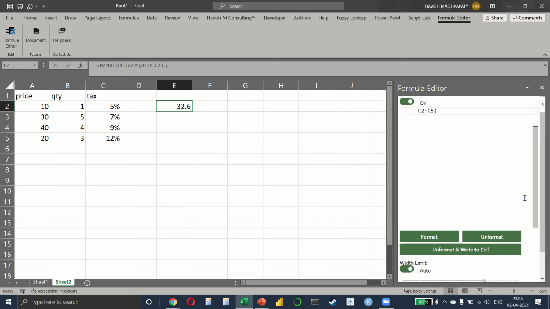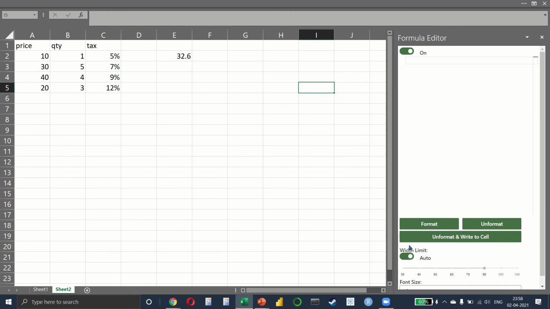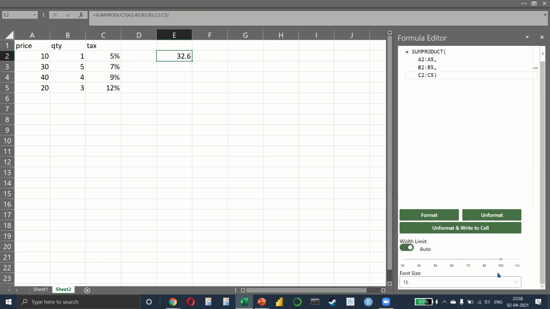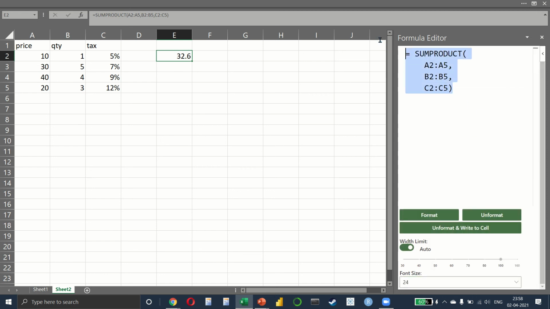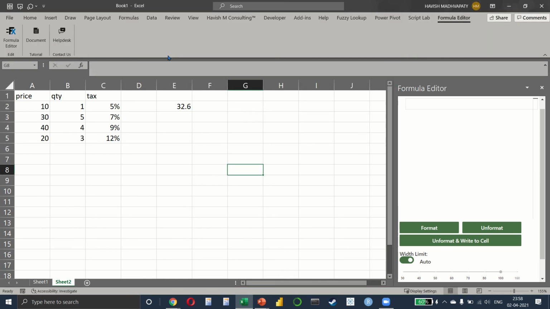There are other options such as, let me try to decrease the size of this window so I can change the width, we can also change the auto size, right? So a bunch of options are available. You can also change the font size here, so you can make it large, which will make it easier for you to work with it. It's an excellent addition to Excel because the inbuilt formula bar really hasn't changed over the years.